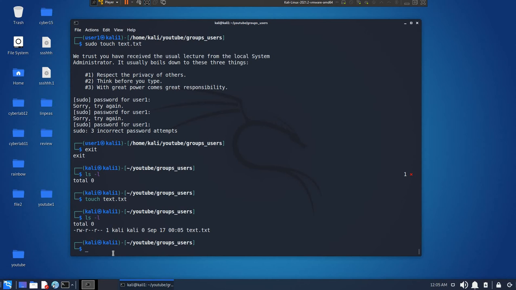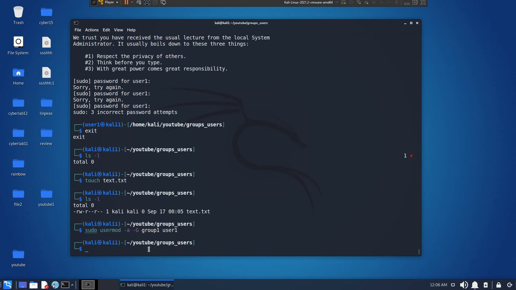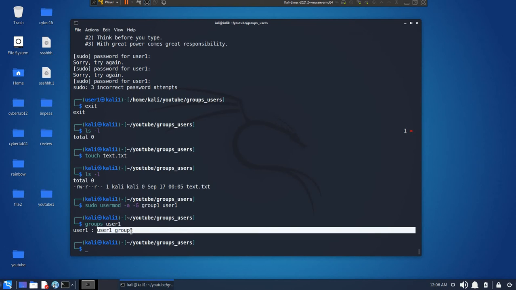And yep, you can actually change this. But before that, I can add a user to a group by using sudo usermod -a -g. The -a means append, so adding, and the -g means you want a group, right? So right here it's saying adding a user to a group. So I want to add group 1 to user 1. Now if I do groups user 1,